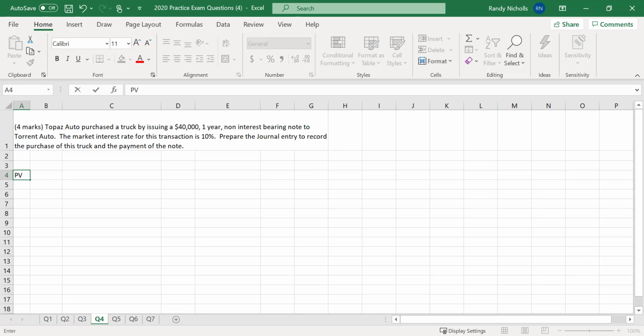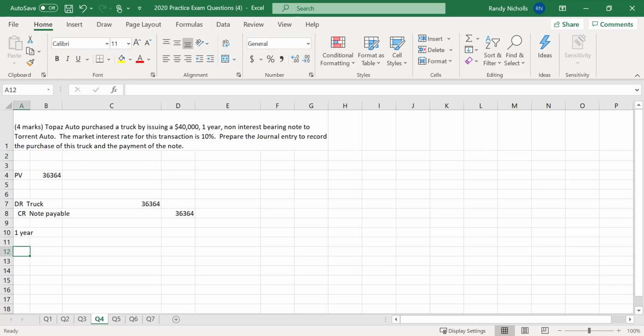And if you go through, it is 36,364 rounded. So that's what my truck is worth. Truck. Right? It's not 40,000, it's the present value of 40,000, and I've got a note payable. And it says journal entry to record the purchase, so that's that. And then the payment, so 1 year from now,